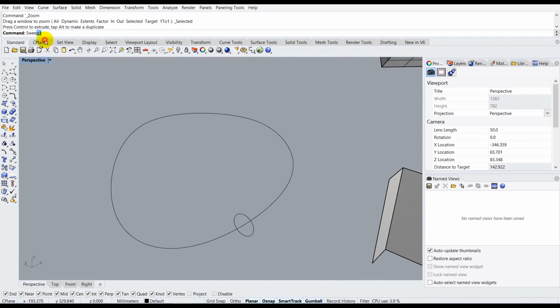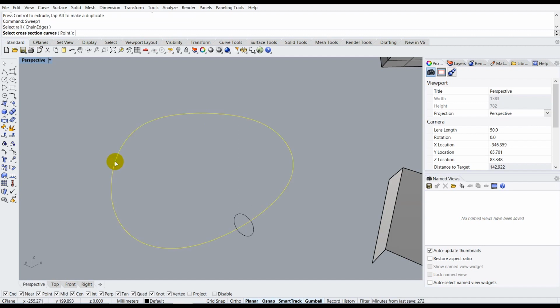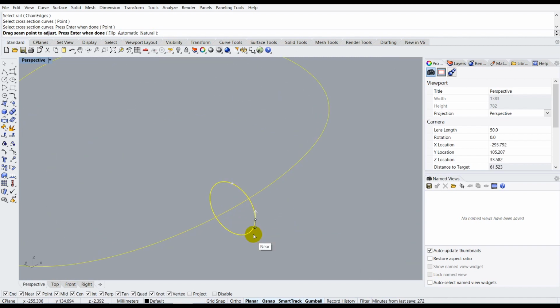If you use sweep 1, it will ask you to select the rail. In this case, our rail is this particular curve that we just made. So you select your rail, and after you select your rail, it will ask you to select the cross section curves. In this case, the cross section curve is this particular one. So you select the cross section curve. Once you're done, you can just hit enter, and it will ask you to drag the seam point. In this case, I guess that the seam point is just fine. You can hit enter again,